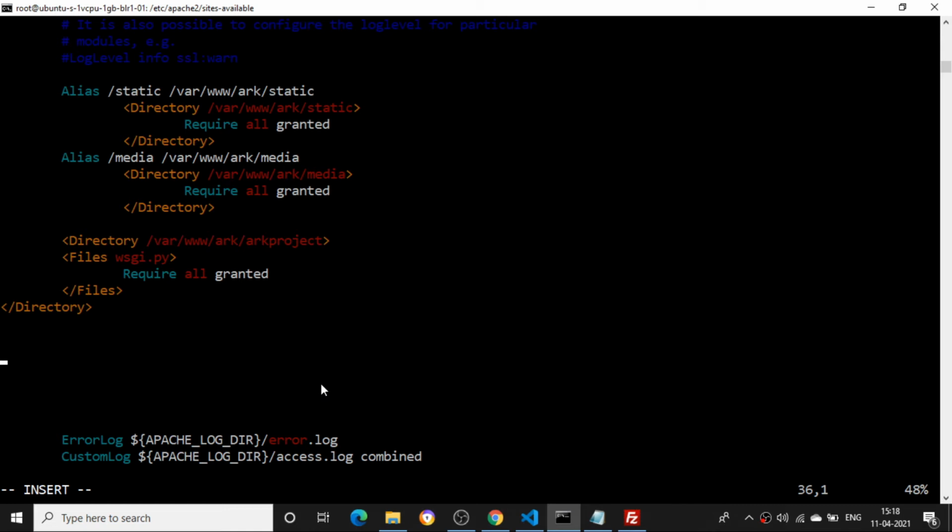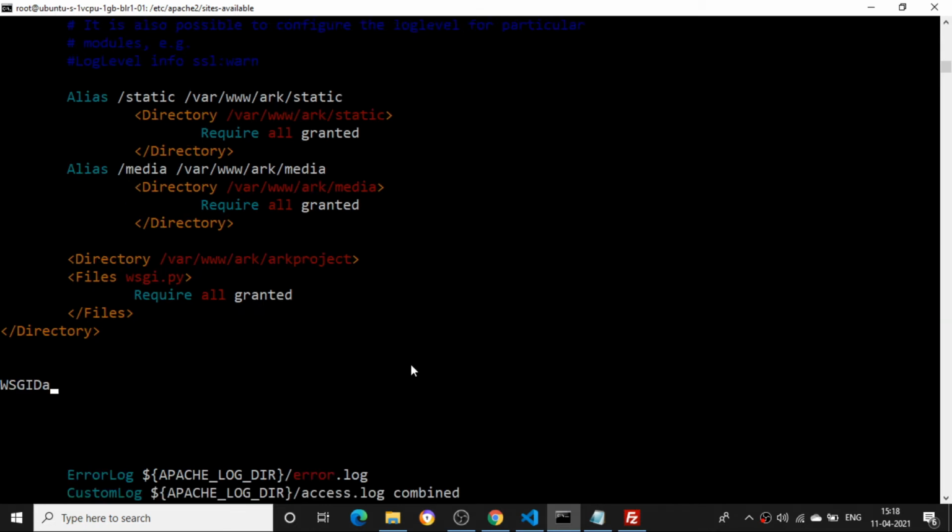So I'll type W in capital, WSGI, and DA should be small letters. WSGI should be capital letters. I'll zoom in. I'll put it here and give the tab. Okay, now it is fine. I'll start from here itself. So WSGI.